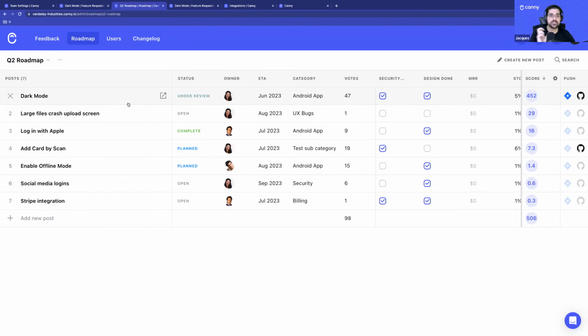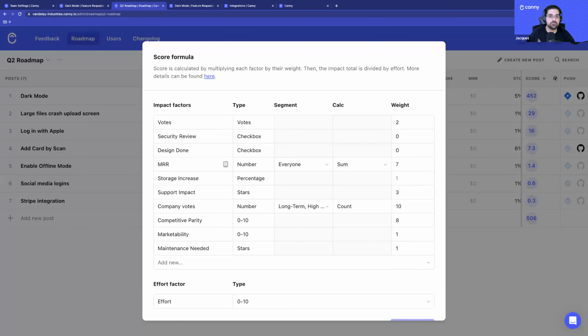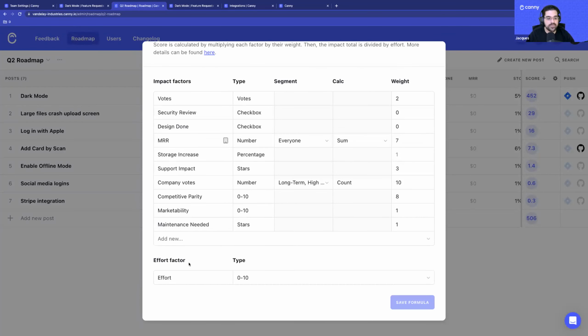So basically, once I decide, okay, let's work on this, this, this, and this, now what order should we work on this? In the roadmap, you can set up all the impact factors that you want to weigh. You can decide how much you want to weight them. And then we divide that by an effort score. The effort score is usually going to be set by the engineer who's actually going to be working on this. I can say, hey, this is going to take me 5 weeks, so let's make that a 5 out of 10. It's good to have a rubric for the effort score